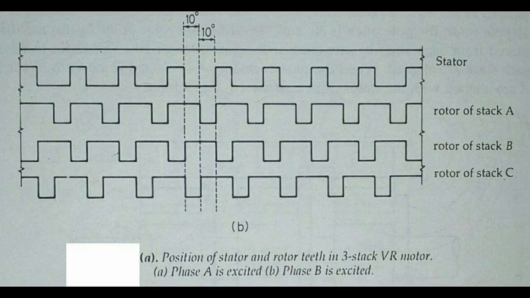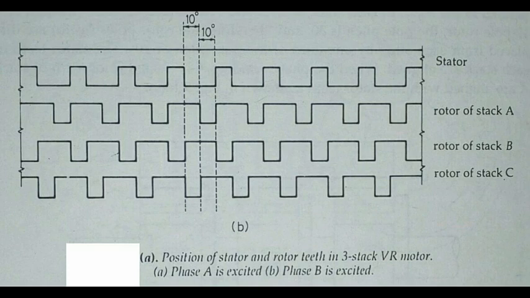Another change of excitation from stack C to stack A will once more align the stator and rotor teeth in stack A. However, during this process, A to B, B to C and C to A, the rotor has moved